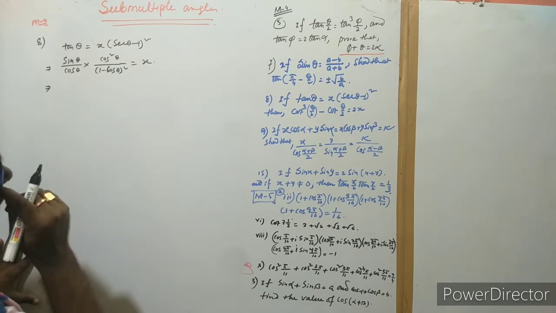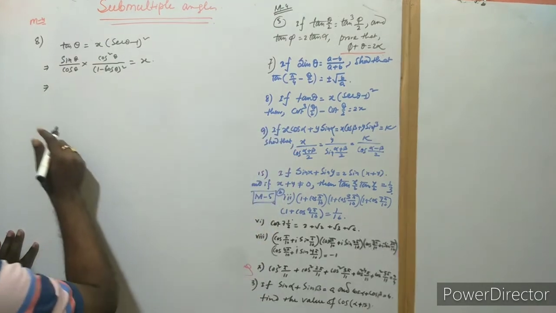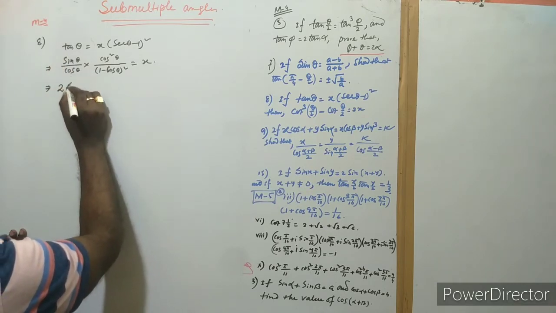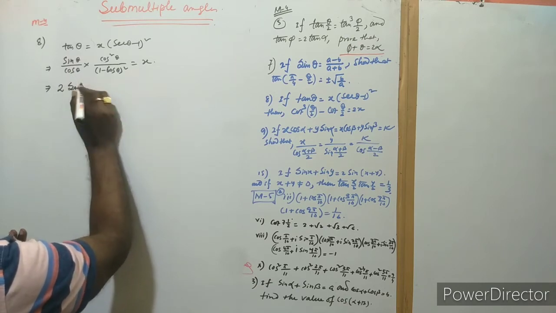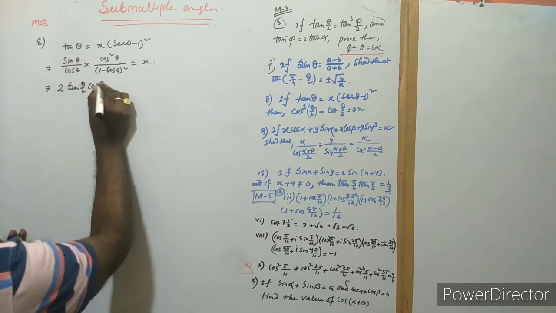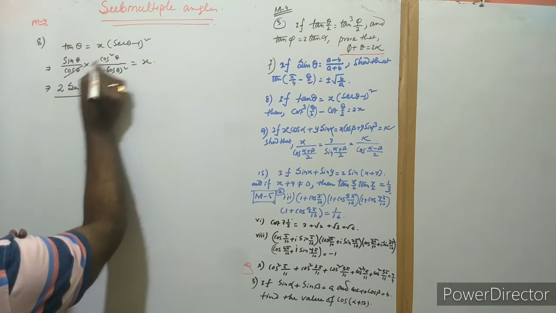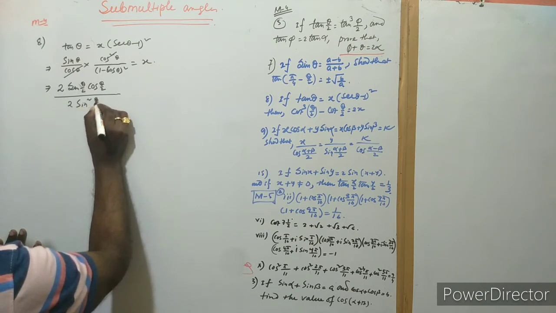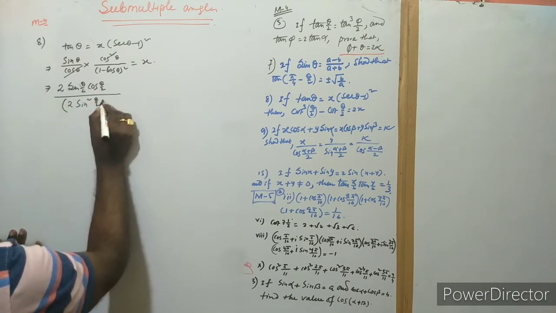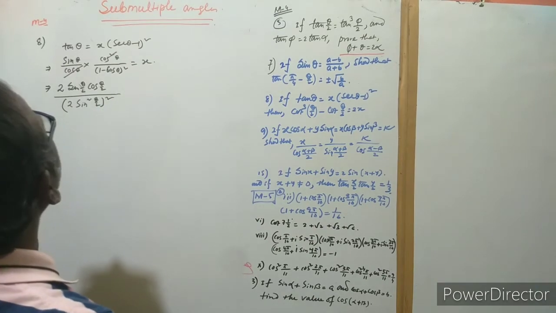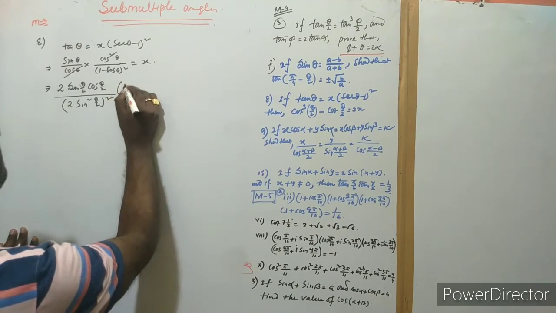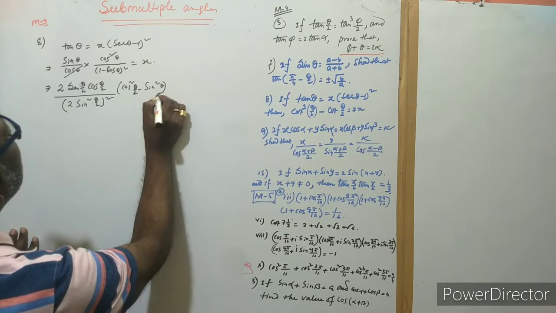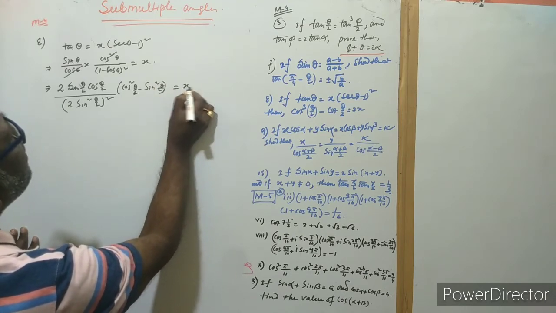Okay, now see, we want to find the condition. This is chord, actually. And now see, this is here 2 sin theta by 2 and cos theta by 2 also. Actually these cos are cancelled. So this is here 2 sin square theta by 2, and this is a square, and now you can write here like cos square theta by 2 minus sin square theta by 2, and this is equal to x.